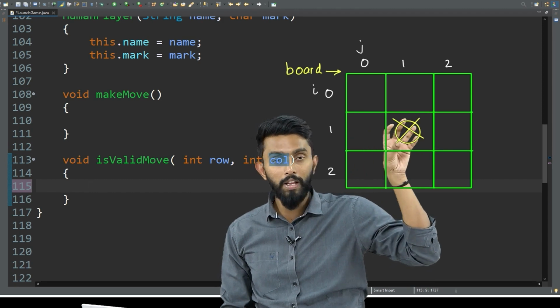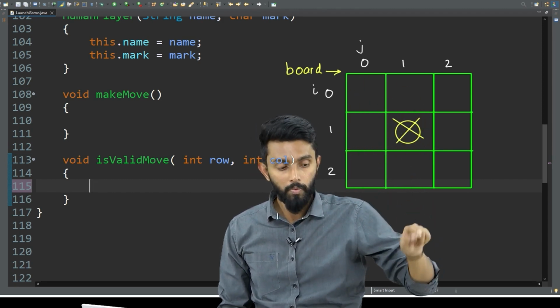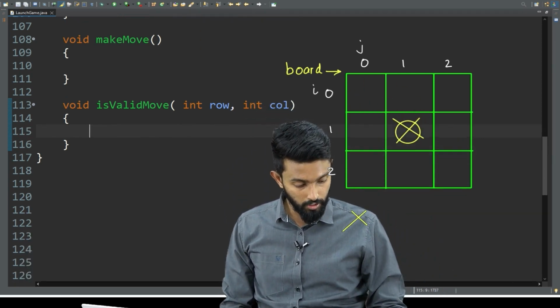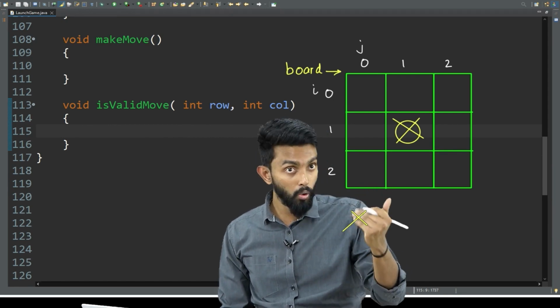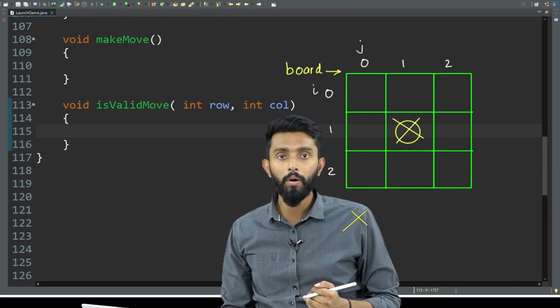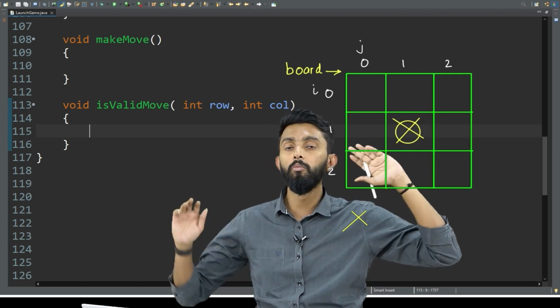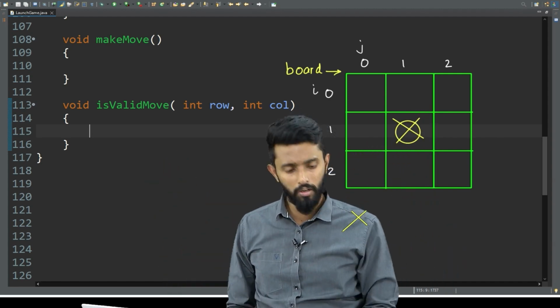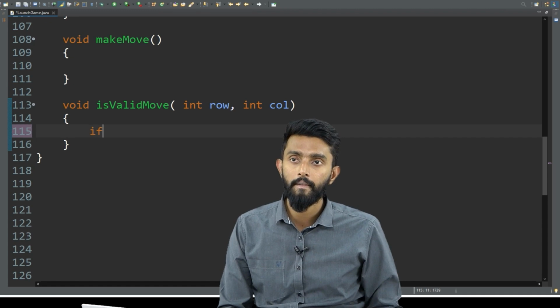I need to check where I am placing the move. Is it within the board? Because assume I try to place X here. Is this valid? No, it is outside the boundary. Hope you understand. So first I need to check whether the move is within the boundary or not. How do you check it? It's very simple. If in case,